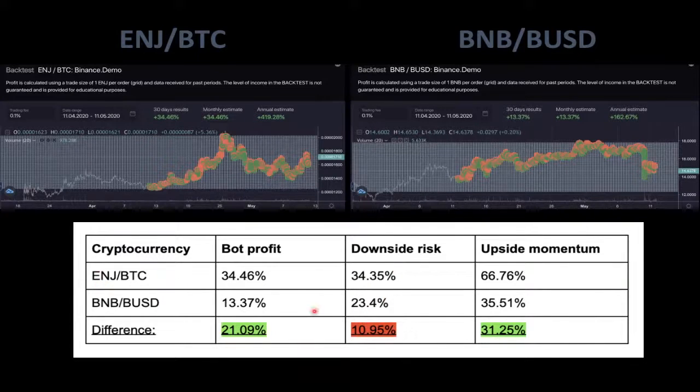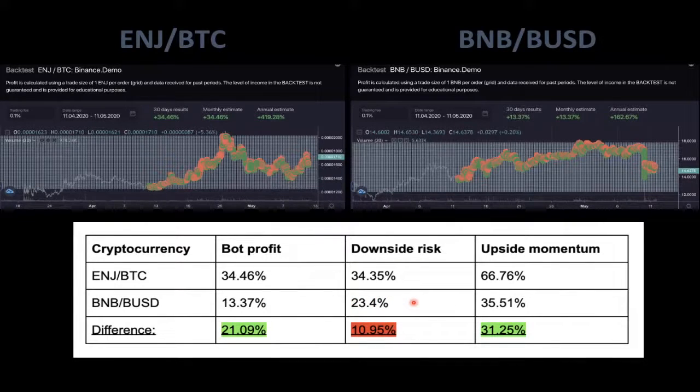If you would have chosen NG, you would have taken a higher risk in this case, a risk that your base currency will depreciate by that amount. All right. So it can be that if you are quite conservative and you are risk averse, then your choice would be BNB trading to BUSD, because even though it offers only a 13% return in comparison with the NG coin, this still remains quite a decent return on a monthly basis, and you take only 23.4% of